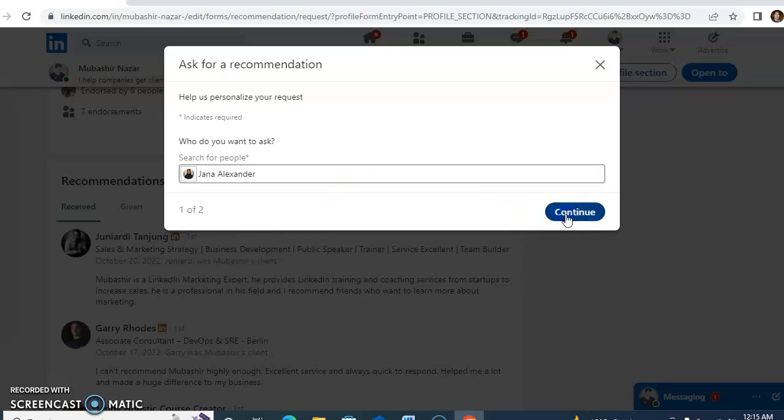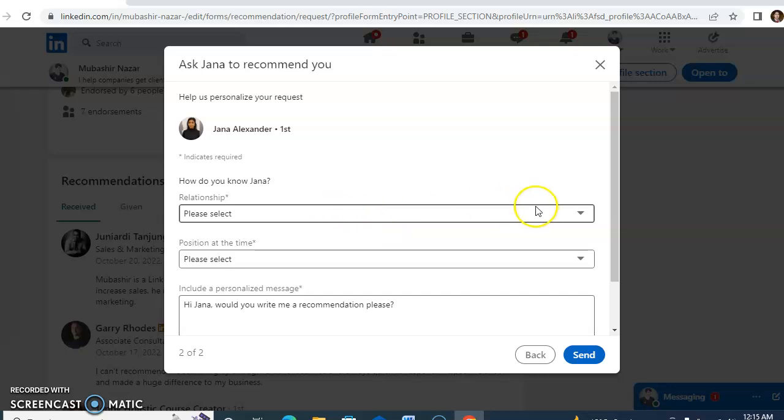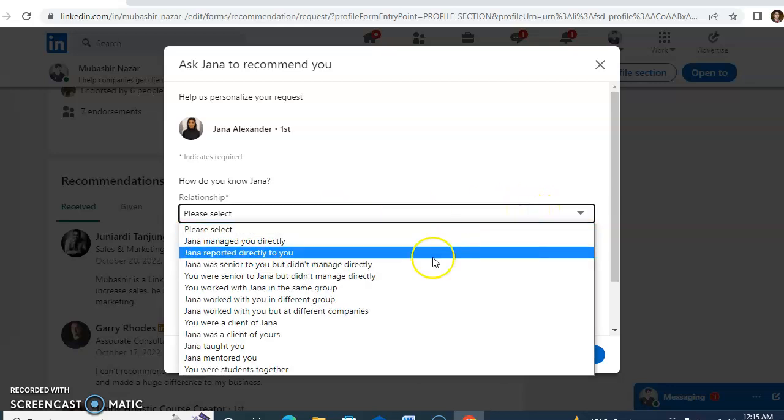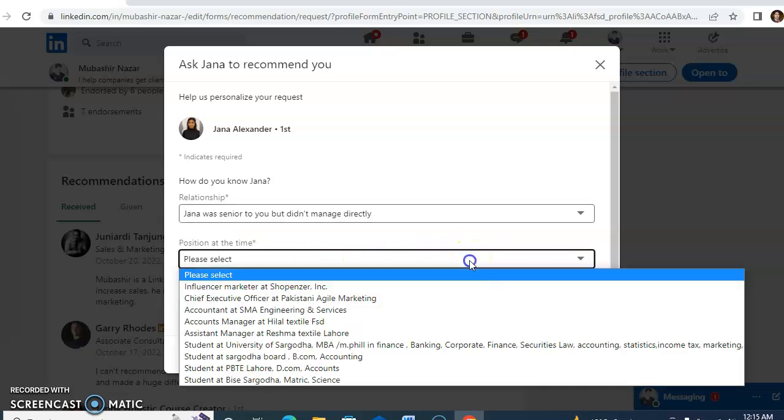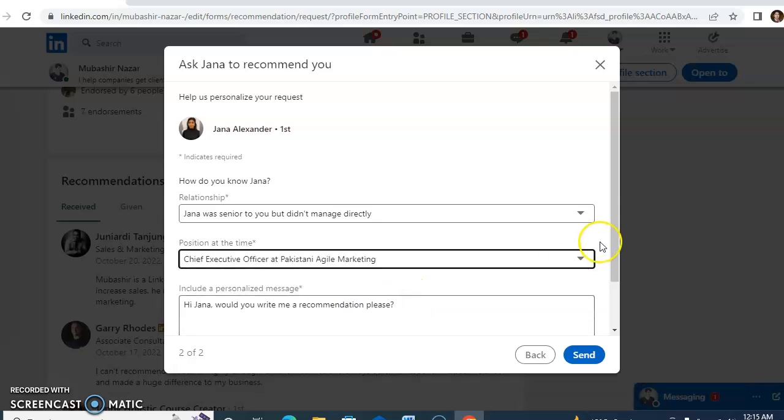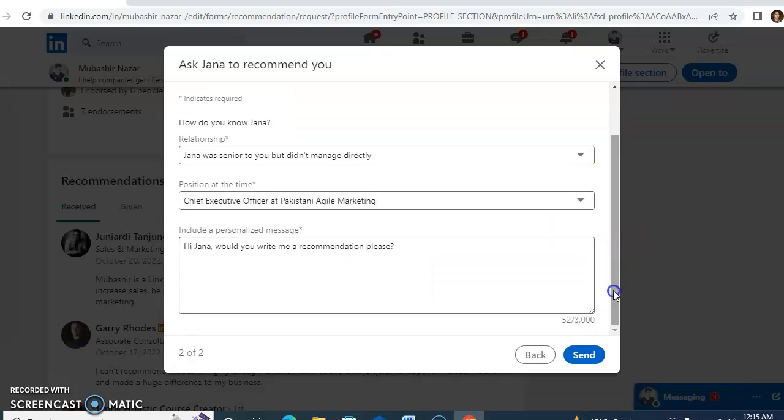and just click on continue, and here you need to select a relationship and here you need to select a position and here you write some lines for your friends or for your boss and just click on send. In this way you can ask for a recommendation,